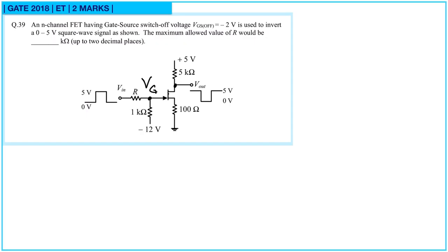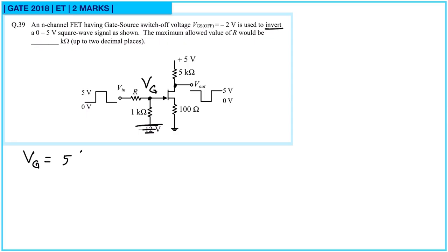Now let us find out VG first. Voltage at gate will be because of these two sources, V in and this minus 12 volt supply. Here it is given that this circuit is used to invert this square wave signal. That means if V in is 5 volt, V out will be 0 volt. Now this VG is because of V in and minus 12 volt, so we will use the superposition theorem. When we are considering V in, this source will be grounded. So VG is V in times the voltage division across the 1 kilo ohm resistor,